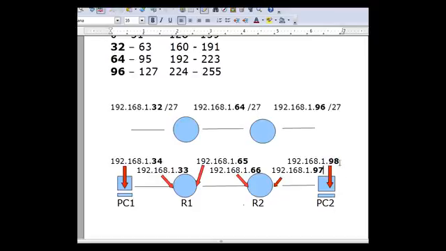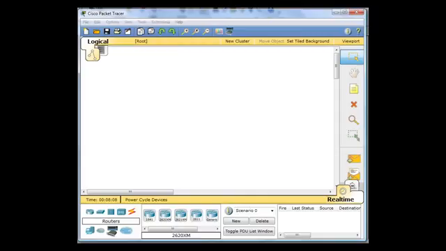So PC2 will be 98, and his gateway will be 97, the router 2 Ethernet interface. So that's how we're going to set up this network, and we're going to set it up in Packet Tracer. And so I'm going to go over to Packet Tracer now,